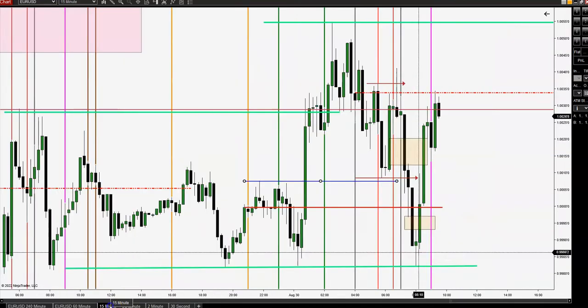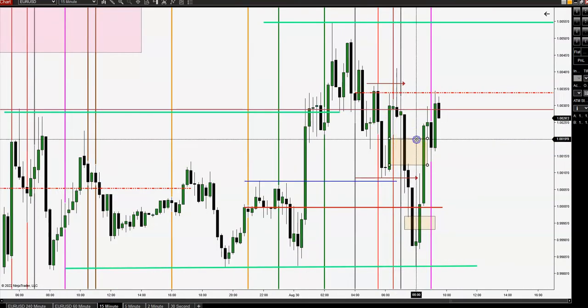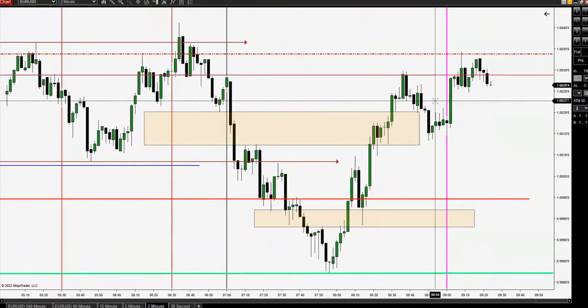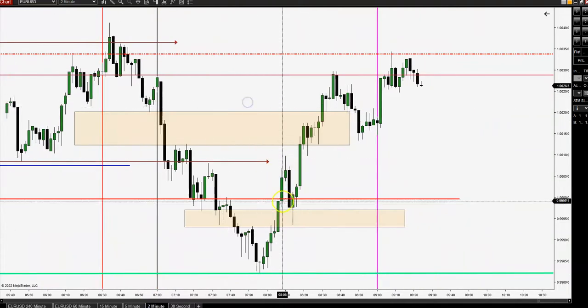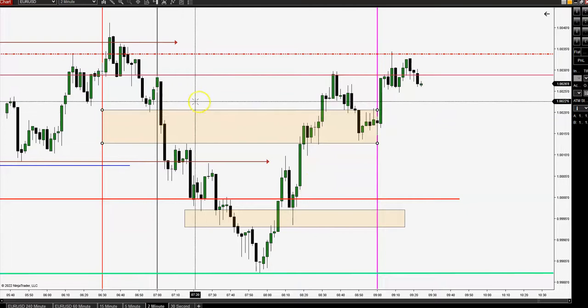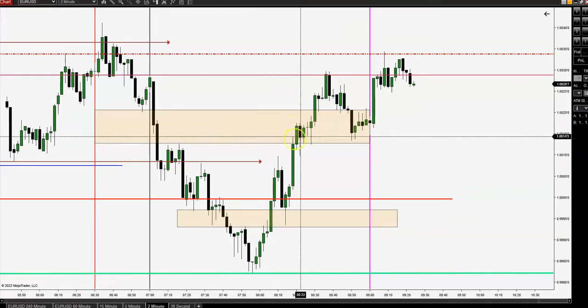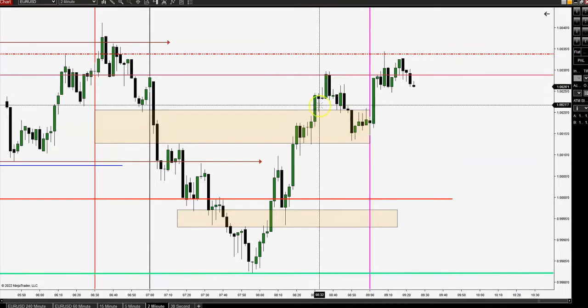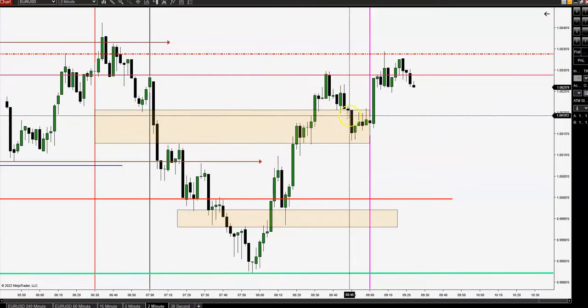So if we go back to the 15-minute, because this is fractal, you could go even to a lower time frame, for example, a 2-minute, and see if you can get the setup in this specific fair value gap of the 15-minute. You see, so hopefully you guys understand that concept. I'm pretty sure most of you do. If you're a beginner, hopefully you learn a thing or two from this,